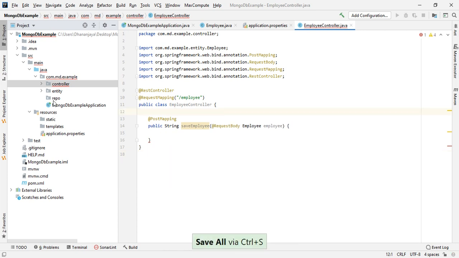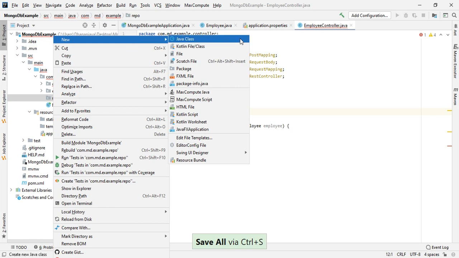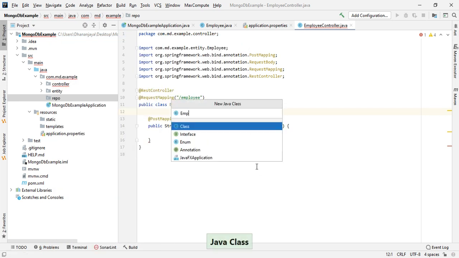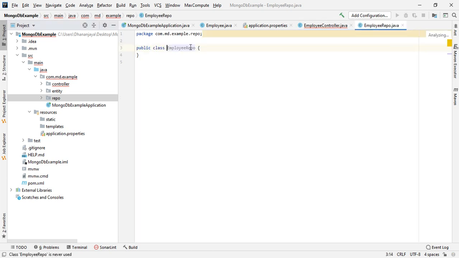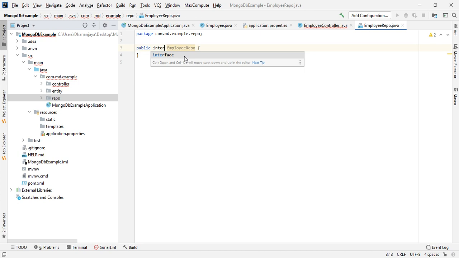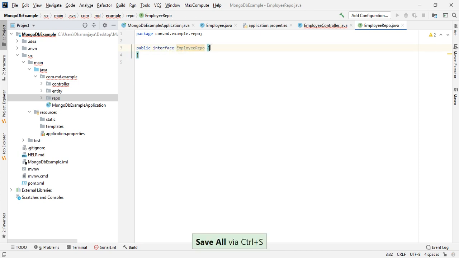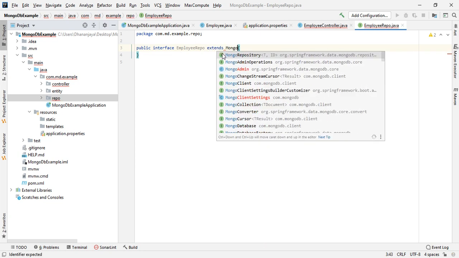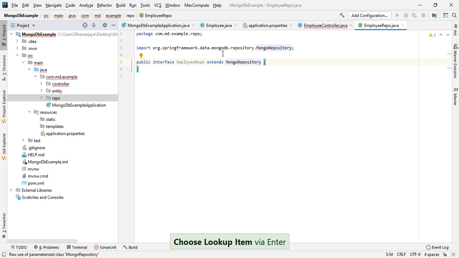Let me create a repository first. EmployeeRepo. It should be an interface. Extend this repository from MongoRepository.